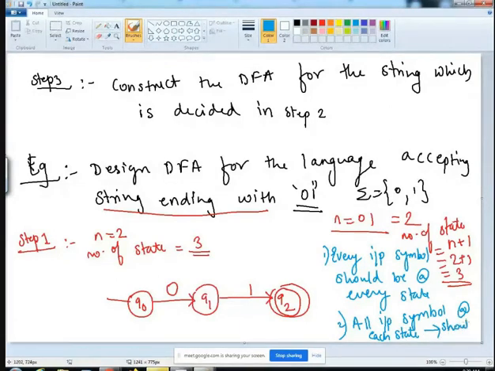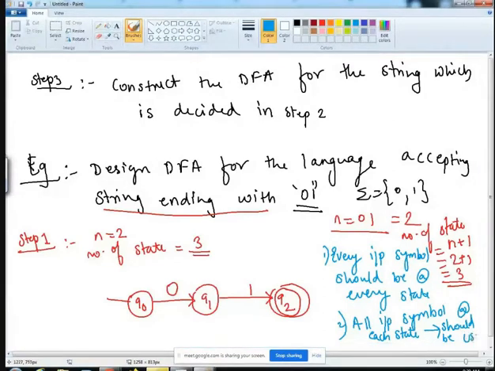So you can see that designing Q0, you have already made use of 0. What is remaining now? 1 is remaining. What can I do, can I place 1 to Q1?